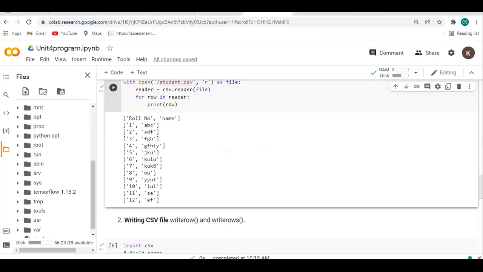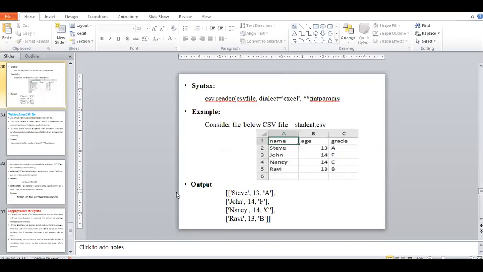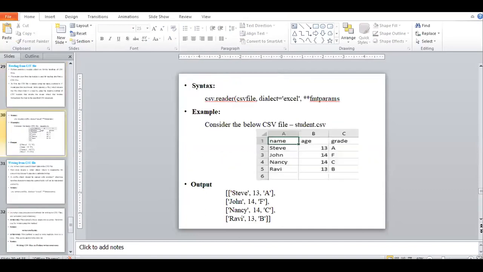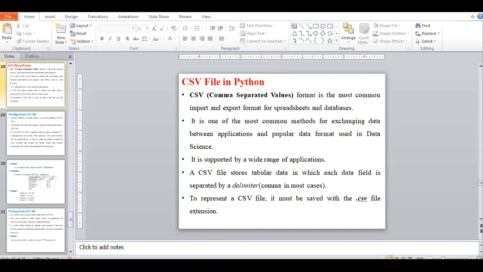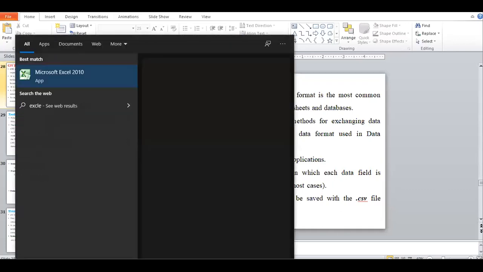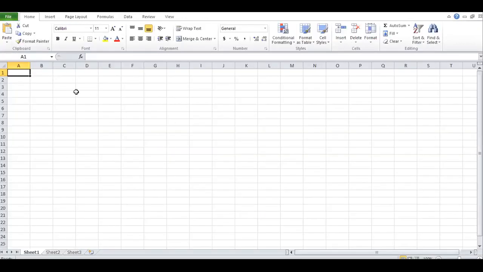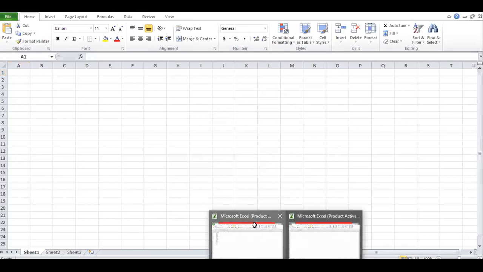It is a standard file format. CSV stands for comma separated values. If we take a simple Excel file, I will simply take this Excel and copy its data.